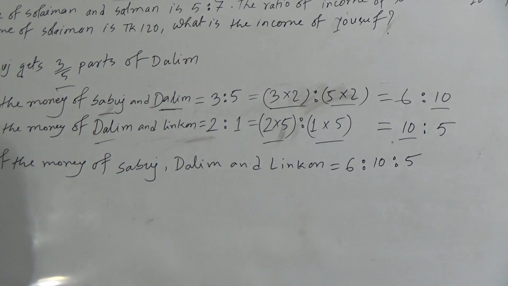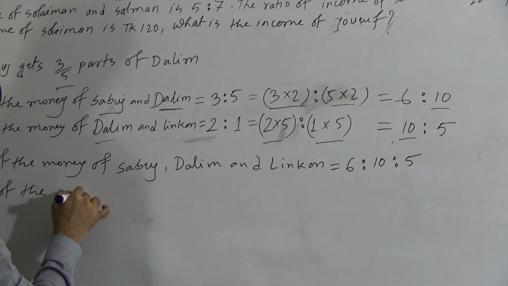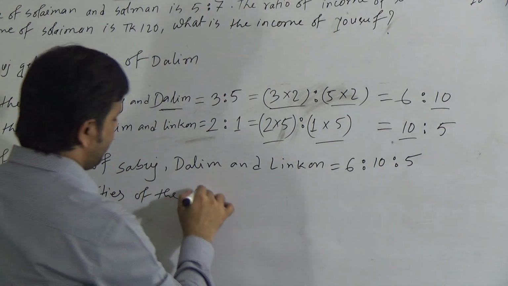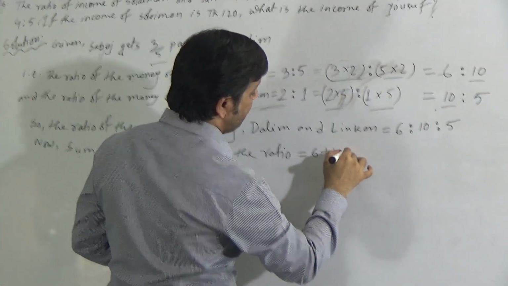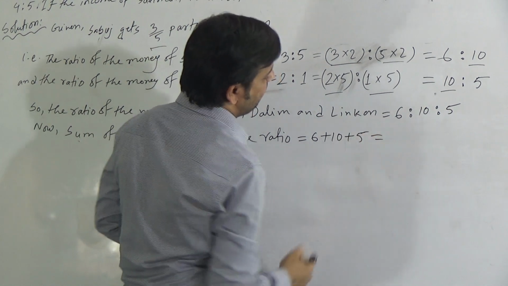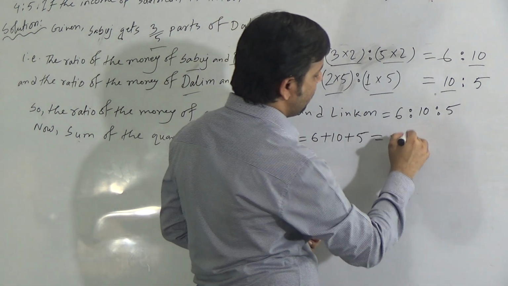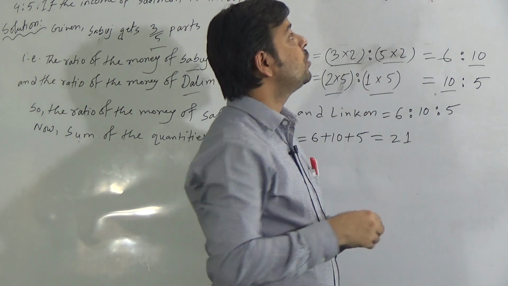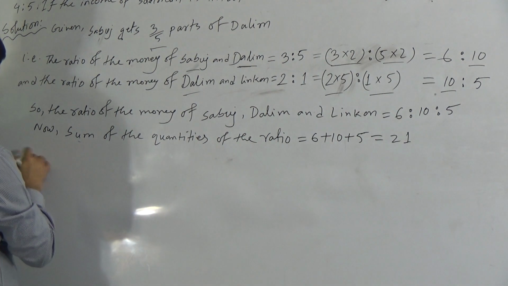We can write here now, the sum of the quantities of the ratio equals 6 plus 10 plus 5. This is the sum of the quantities of the ratio. This means 6 plus 10 is 16 and 5 more, that is 21. Now we can divide the total money among these three persons. Therefore,